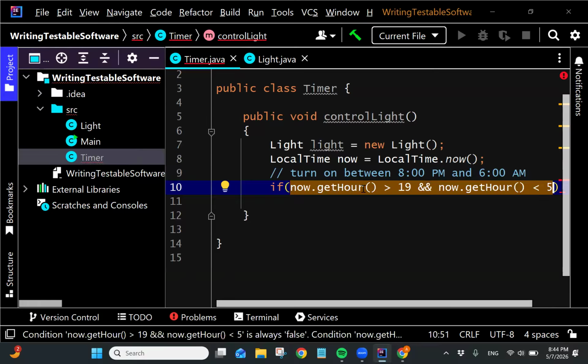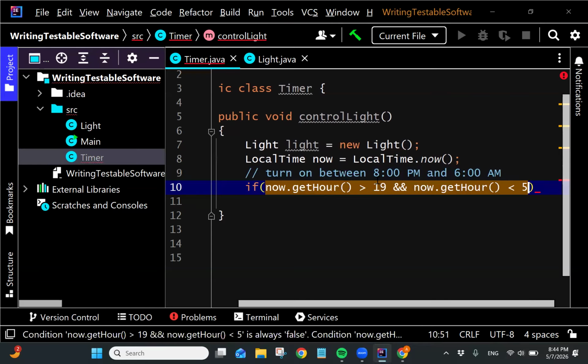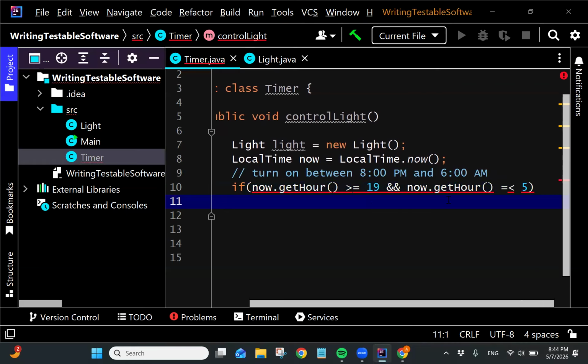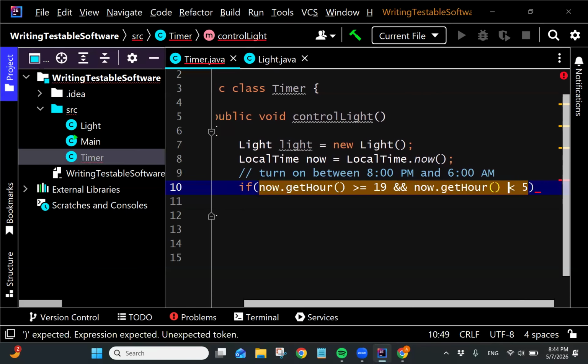So it's between those two times, or the greater than or equal, or less than, no, it goes like this. I did it the wrong way. It's less than or equal like that. Okay, if it's between those,